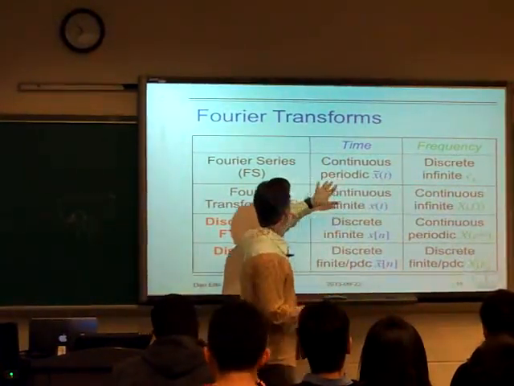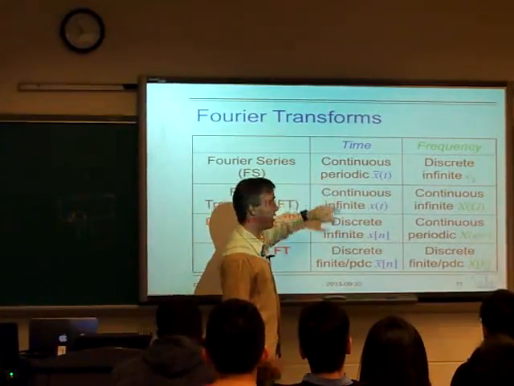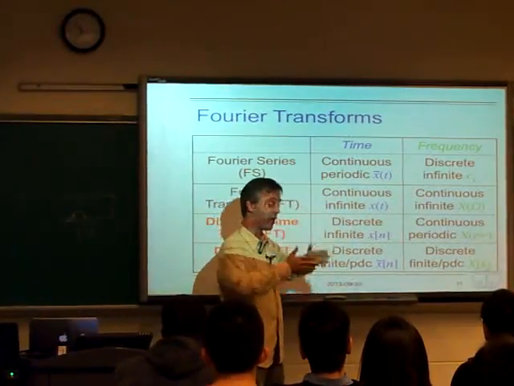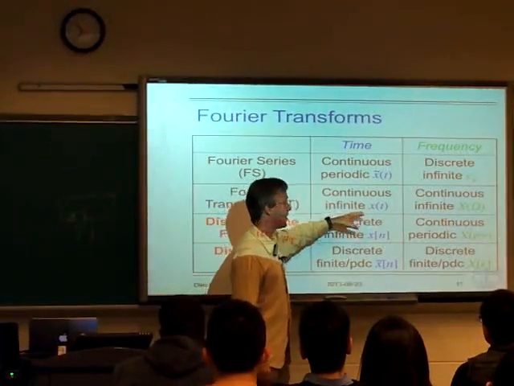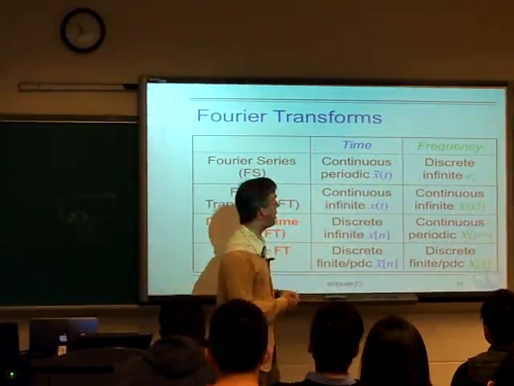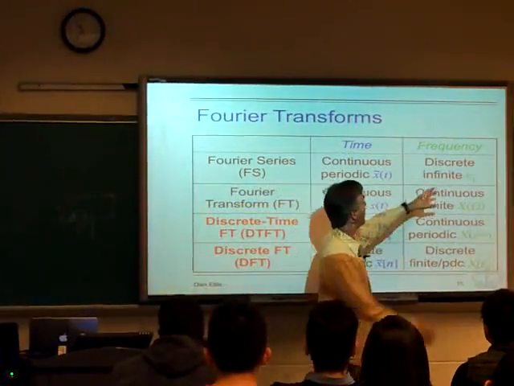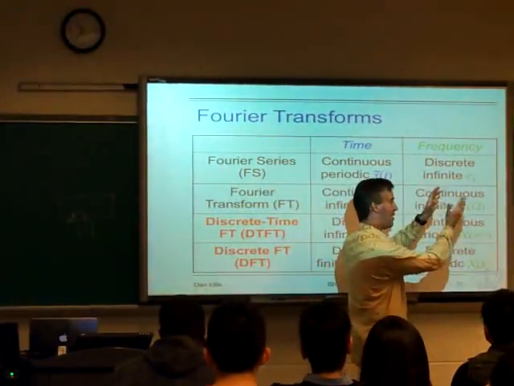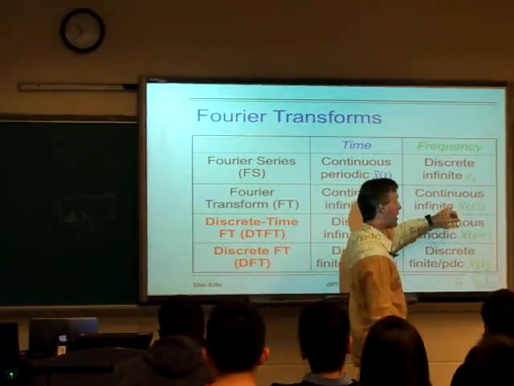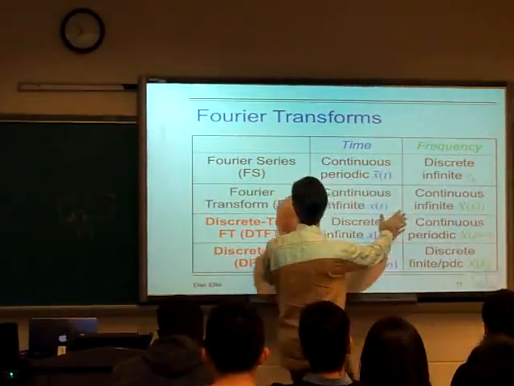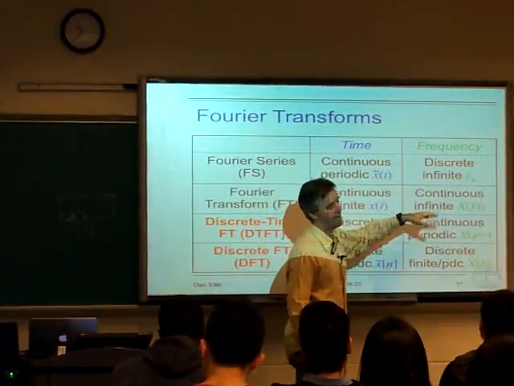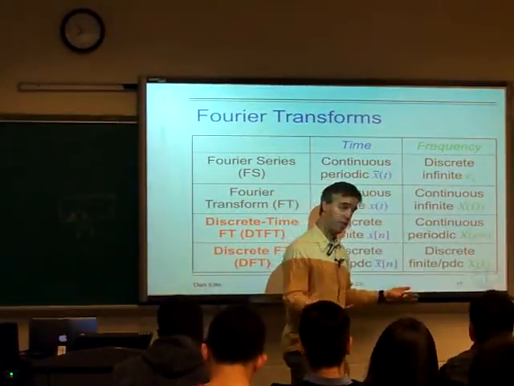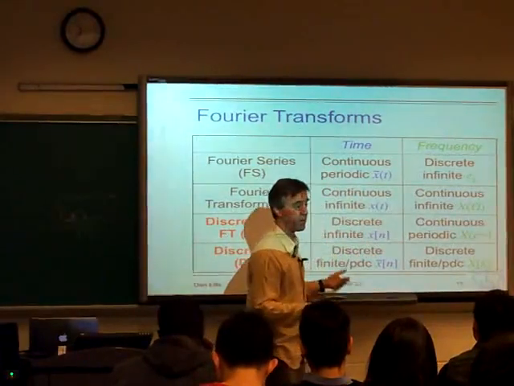When we removed the periodicity restriction, the way I think about it, by letting the period get very, very long, we get a continuous and infinite x of t, which is basically an unrestricted one-dimensional continuous signal. And then this list of values gets very, very close together, so they also become continuous and infinite. So this is the symmetric form where both domains are basically the same. They're both one-dimensional, continuous,